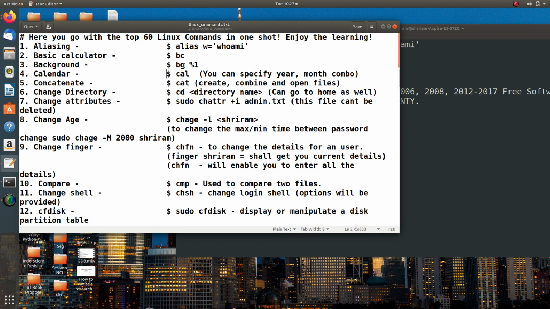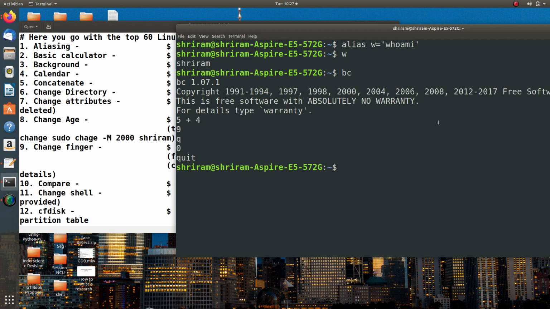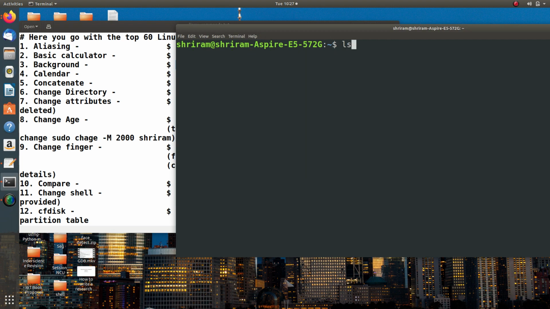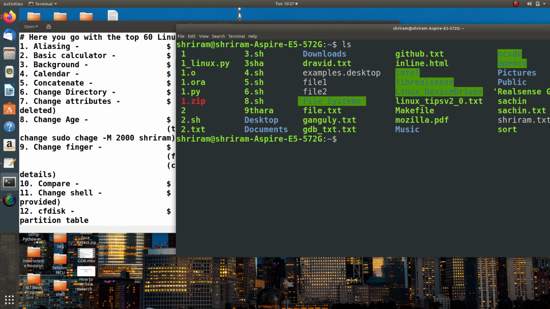Now background and foreground, which is a very important command. I have taught this separately on my channel also, but bg is very important. bg is background. For that we need to first run a file. For example, I am going to run a file right now. We will see if I have a C file here, or we can create one. gedit